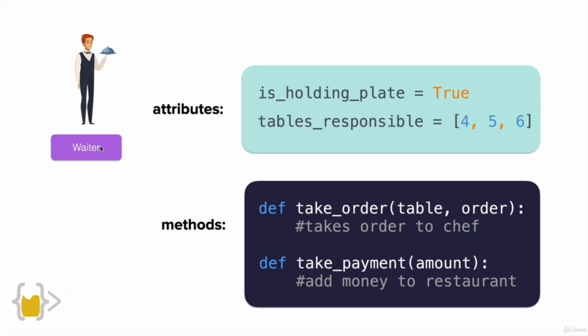We need a waiter object to take the order, and we need a waiter object to take payment. Again, these are not just free floating functions. Now, there's a lot of new words that are part of object-oriented programming and programming in general. We're going to see them again and again, and eventually it's going to become a word that's going to be